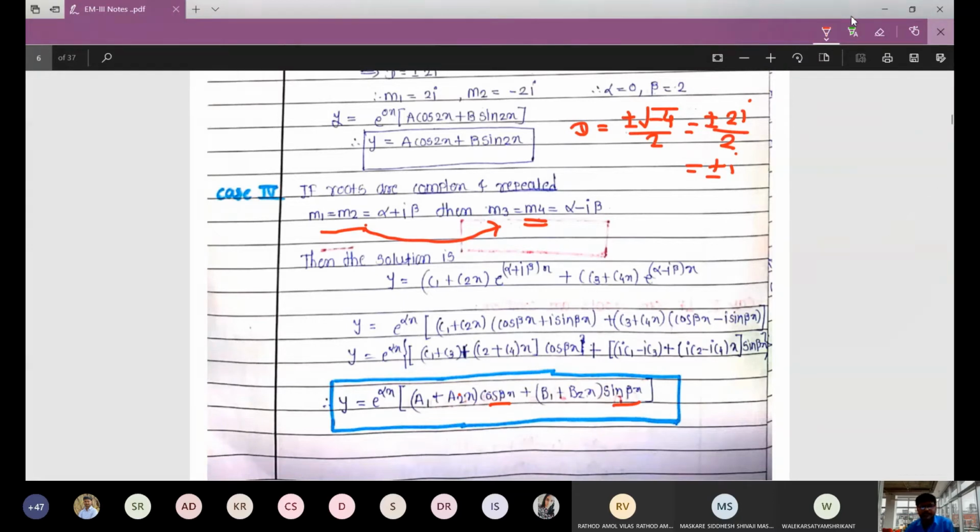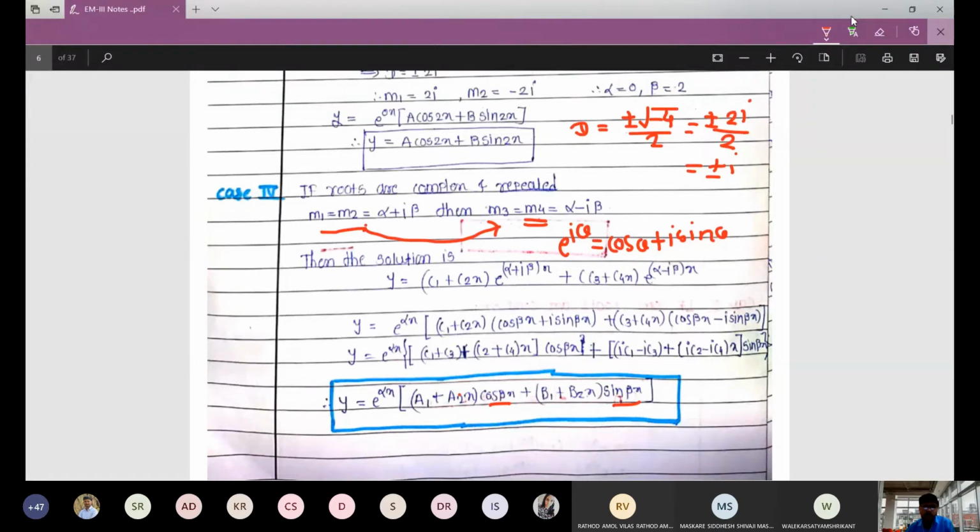Remember. Okay. Now let's simplify it and collect the cos terms and sin terms together. So let's proceed. I'm taking e to the power alpha x common, and inside we have c1 plus c2x times e to the power i beta x. But e to the power i beta x is what? That formula, e to the power i theta. Let me remind you that e to the power i theta is equal to cos theta plus i times sin theta, and I'm just directly using that formula.